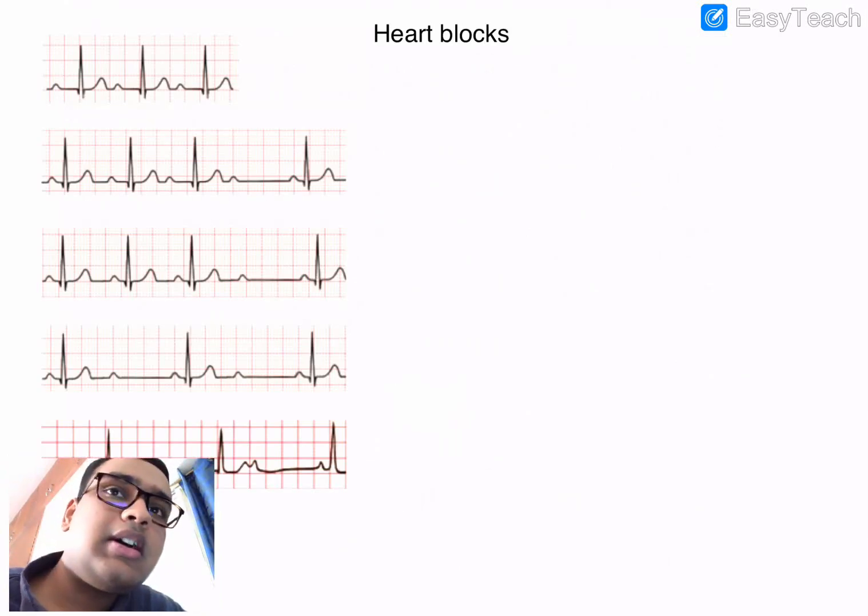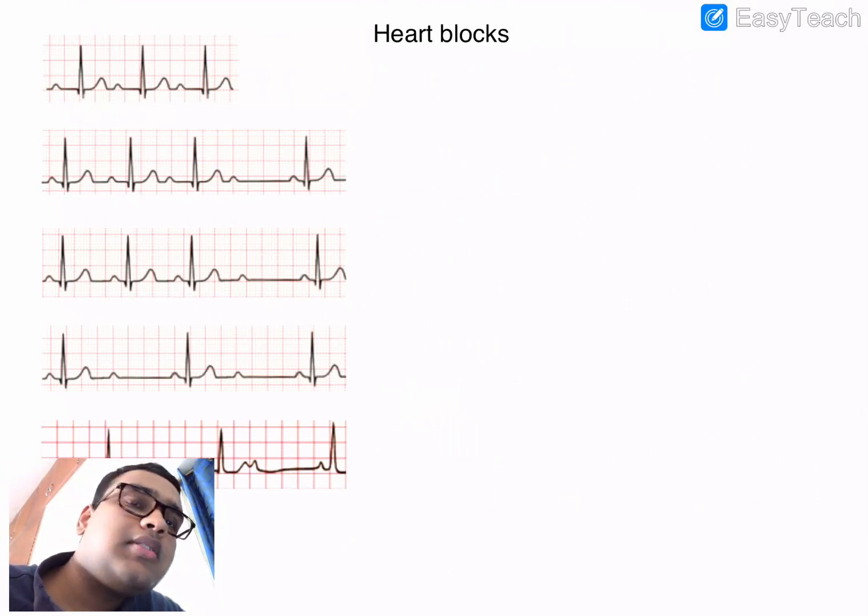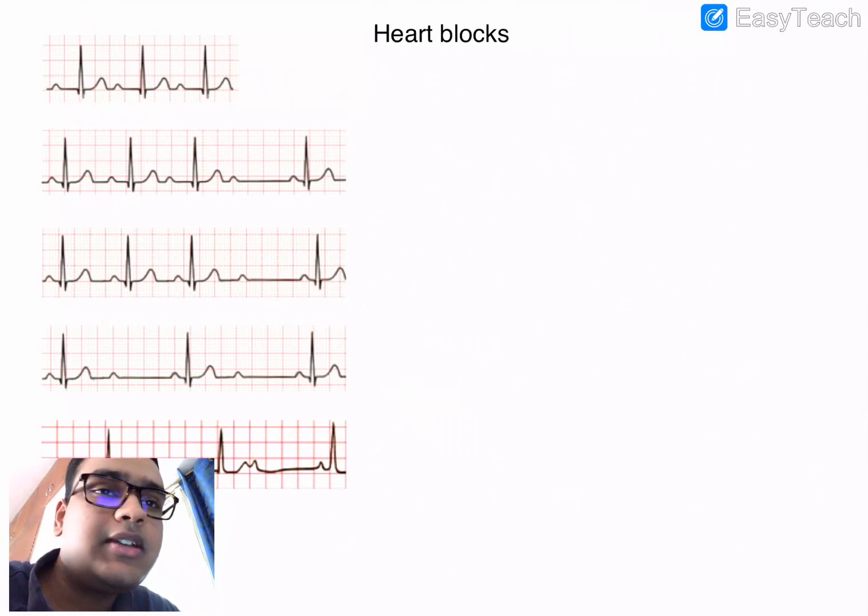Now we'll discuss heart blocks. In heart blocks, what you have to remember is there are 3 types. It could be an SA node block, an AV node block, or an infra-Hessian block, that means a block below the bundle of His. If it's an SA node block, usually the patient doesn't present with any symptoms, or they could have pre-syncope like symptoms. AV node block is the most important because that is where the patient presents with characteristic ECG findings and symptoms.